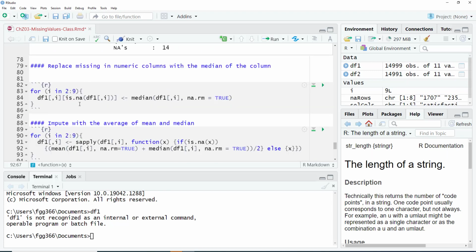All right. So that's the difference between this approach and the sapply approach. The sapply approach is much more flexible. You can do lots of different things with it. You can even look at the split. You can say, all right, we're going to take the mean based on a factor, and then say, if the factor is this value, then I'm going to put the missing value to be this. If the factor is something else, then I'm going to use a different value. So you can fine tune your imputing in many different ways.